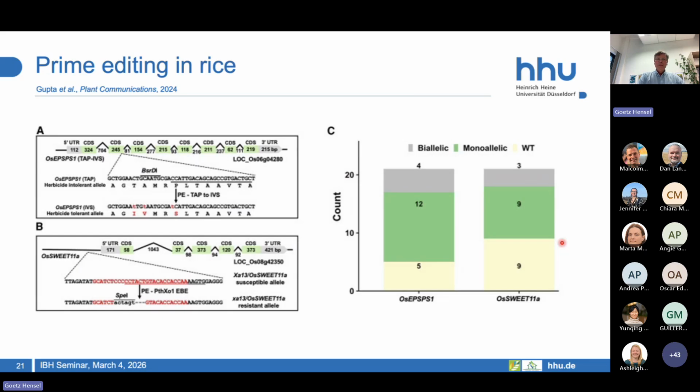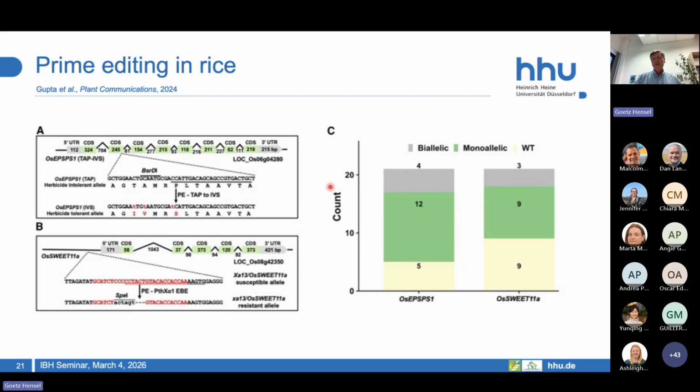We rely here on a system which has been published by the group of Bing Yang, working for multiplex prime editing in rice. While we tried prime editing earlier, this time I was really convinced, with all the modifications which prime editing meanwhile got, by adjusting the guide RNA, the pegRNA, and as well the Cas protein and the reverse transcriptase, that multiplex editing is now efficient. So they used here